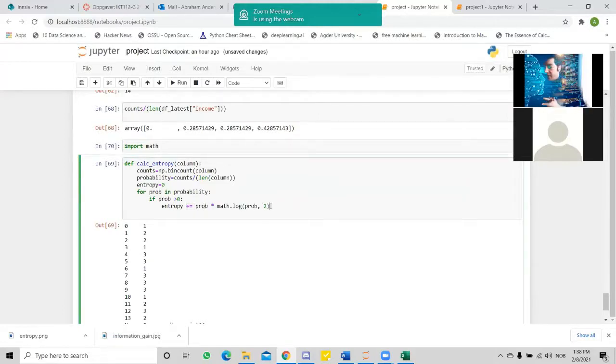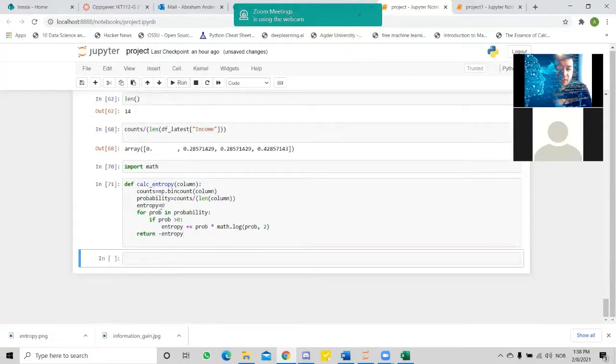And this will give me the entropy if I didn't make any mistake. And I will return not entropy, but minus entropy, because according to the formula, I need minus entropy, right? If I run this code, now I will call, for example, let's print